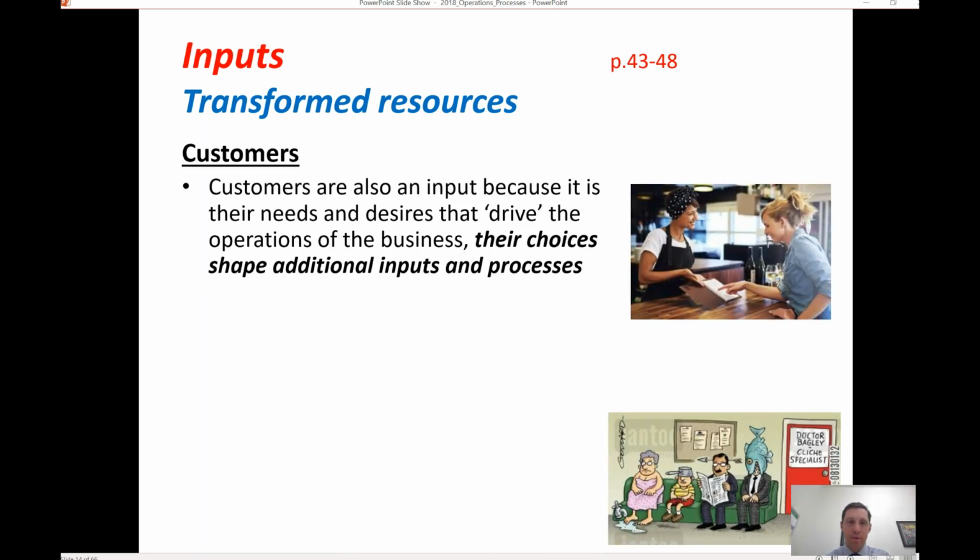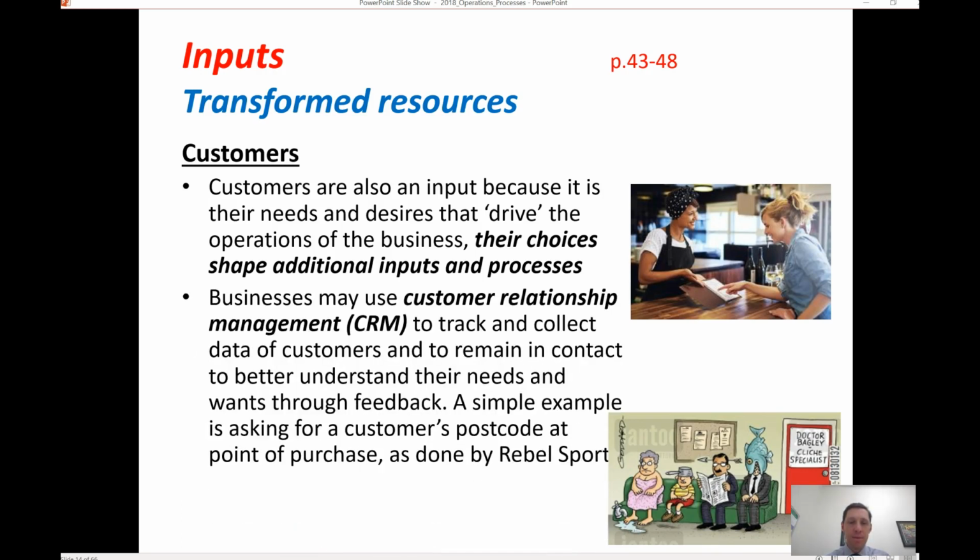Okay, the third input and transformed resource is customers. They're an important input because it's their needs and desires that drive the operations of the business. Their choices shape additional inputs and processes. So what the customer wants, to a degree, influences the transformation that occurs and is ultimately delivered in the output. Businesses might use customer relationship management, a computer system to better understand their clients, so they can track and collect data of their customers